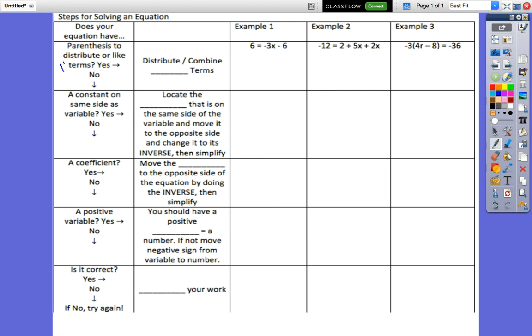So the first step tells us that if our equation has parentheses, does it have parentheses to distribute or like terms? This equation does not have parentheses, so I'm going to choose no, and I'm going to follow my arrow down. The second step says, does it have a constant on the same side as the variable? Now remember, a constant is a number that just stands alone. It doesn't have a variable with it. So we're going to locate the constant